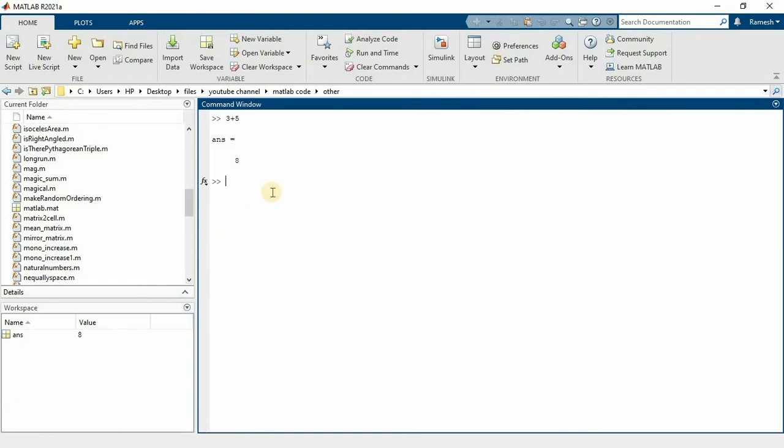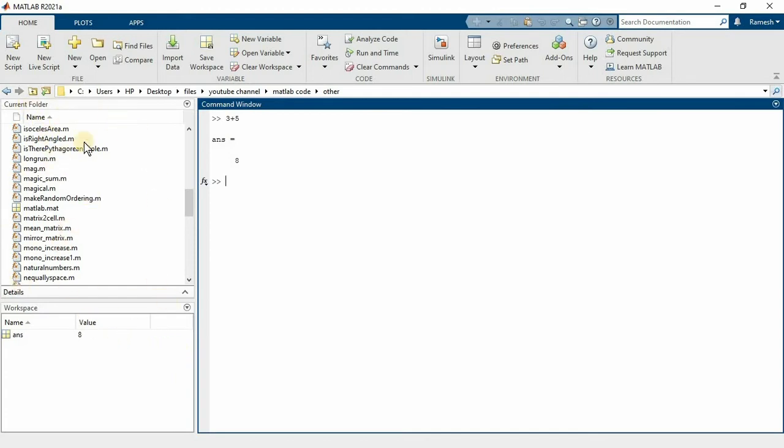If you write any command, or in general assign any value to any variable, it gets stored in the workspace. This is not a permanent storage like you find in your memory. This is temporary.